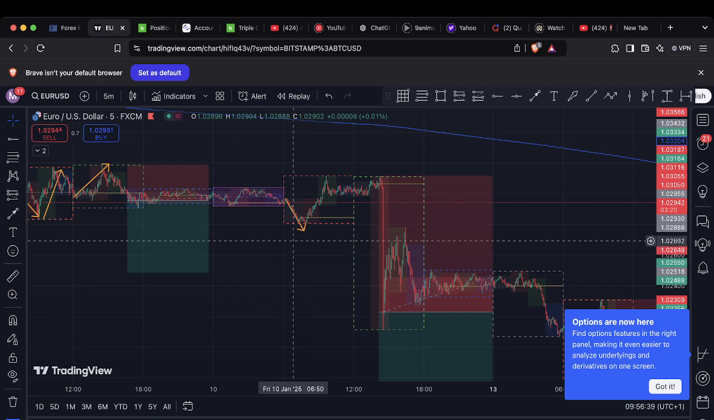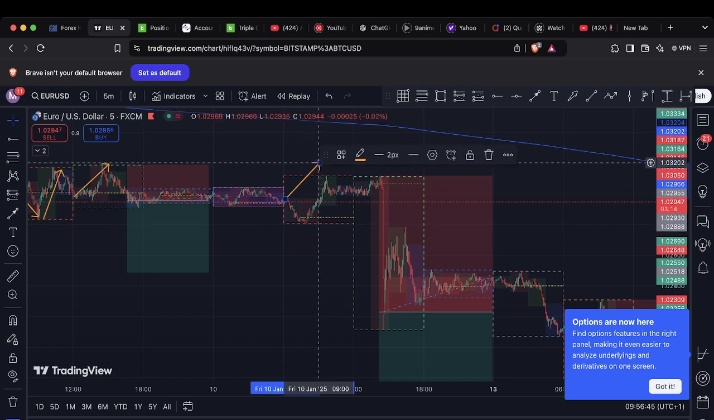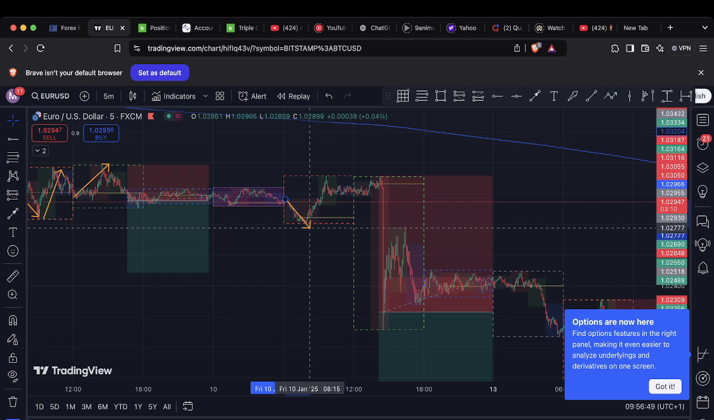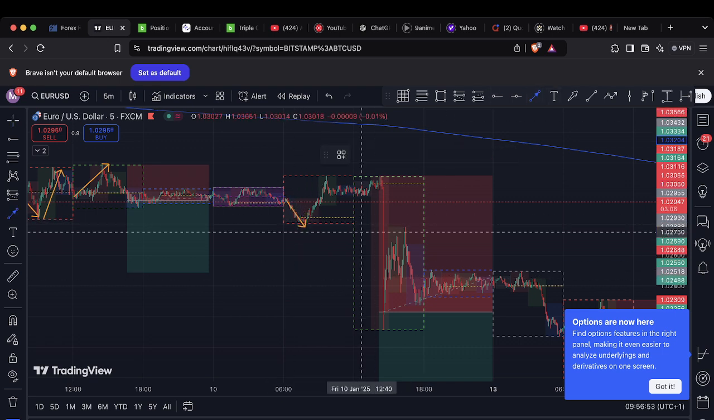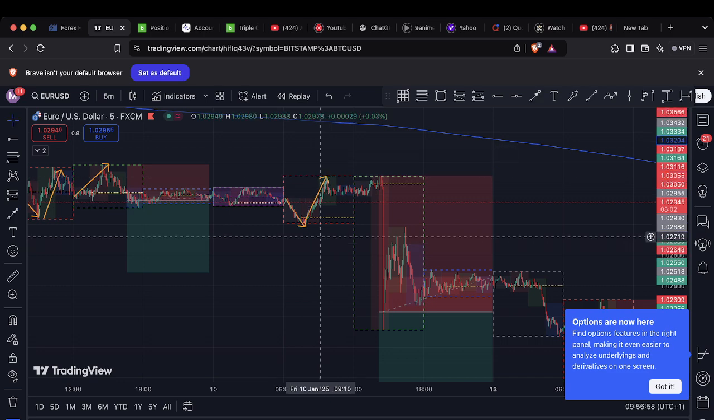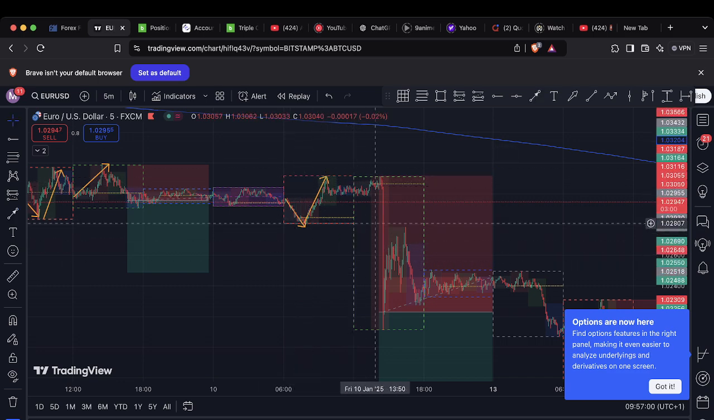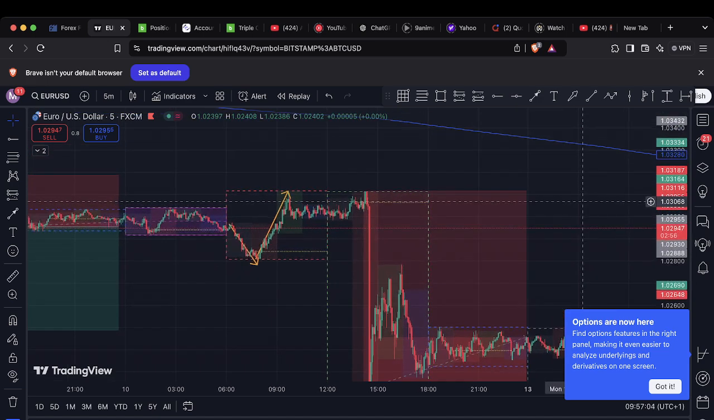All right, so we saw the accumulation here. Market manipulated down instead of up. Assuming the market manipulated up, it would increase our chances of getting something out of it. But instead of that, the market manipulated down, expanded up. Now, after the expansion up, the next thing we can do if we really, really wanted to take a trade